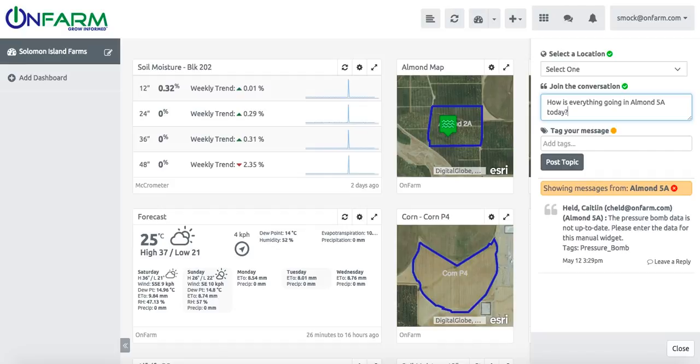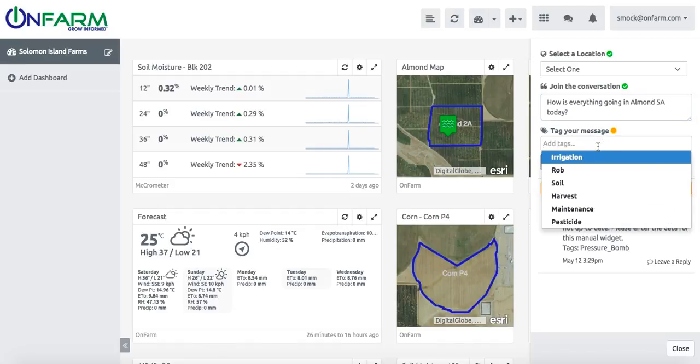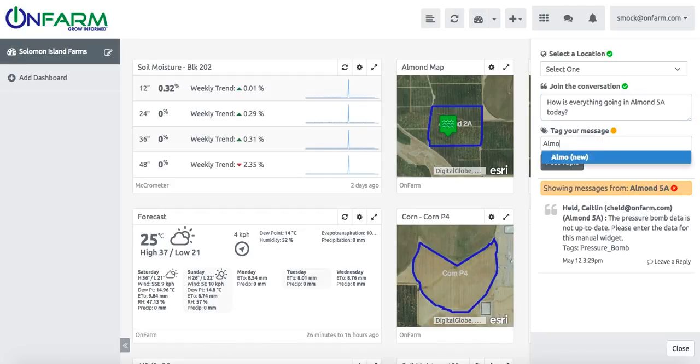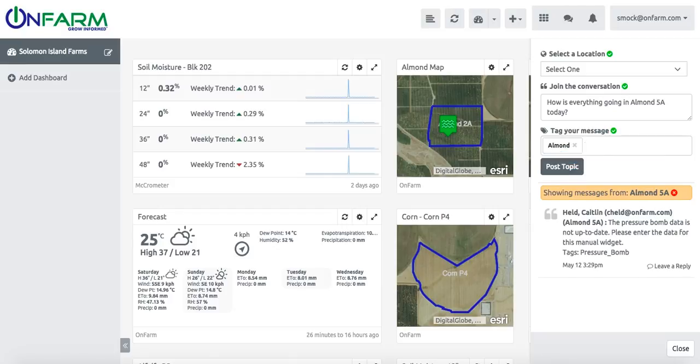Okay, and again, you can add tags. So maybe almond is my tag, and then I can go ahead and post the topic, and I'll see it